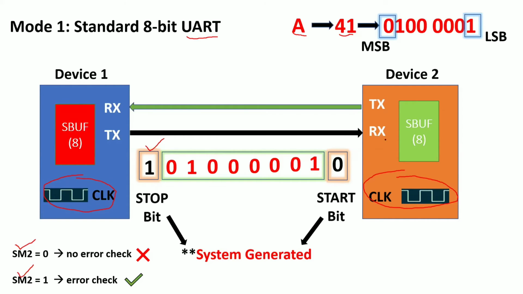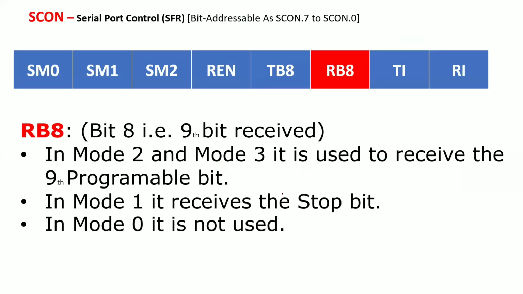That means while receiving the data, the SBUF will first discard the start bit. It will remove the 0 first. The 8 bits of data will be stored inside your SBUF. Now I want to check the errors based upon which bit? The stop bit. That means I need to store this bit also somewhere. Already 8 bits are stored here, so now I need to store the additional bit. Where is the place to store the additional bit? There comes the part of this bit.